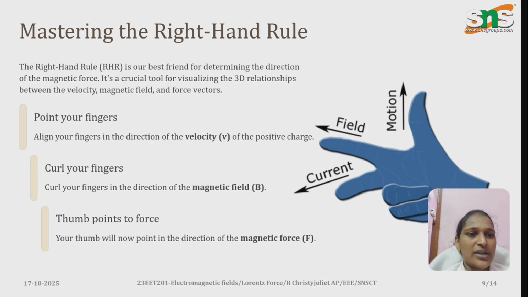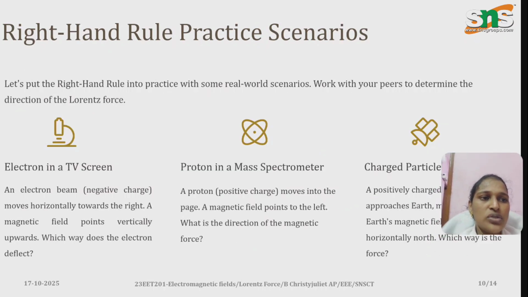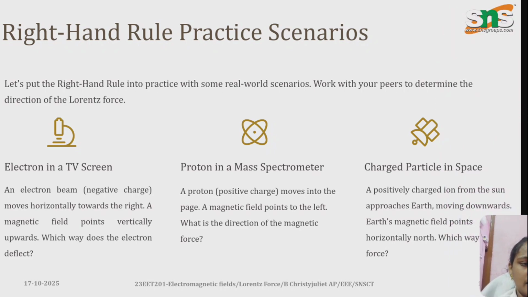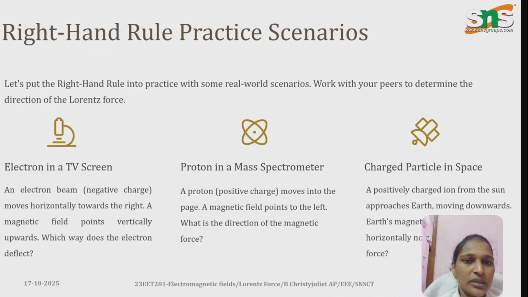By using the right hand rule, the thumb points to the magnetic force, the forefinger represents the current direction, and the pointing finger represents the direction of the magnetic field. How can we use this right hand rule in practice? By electron